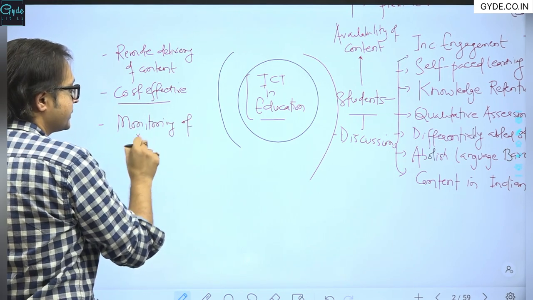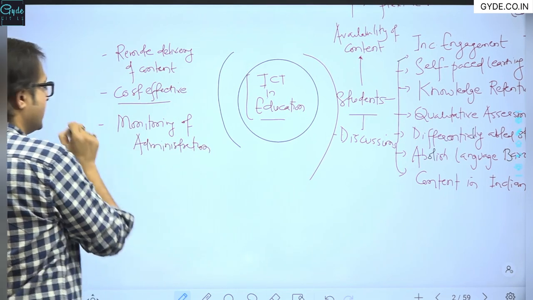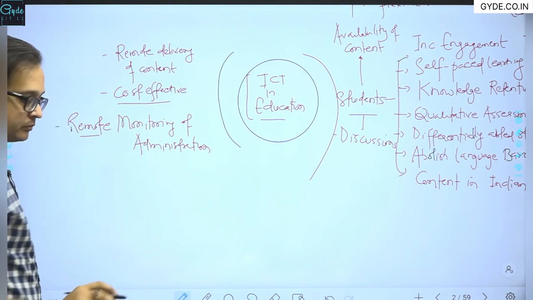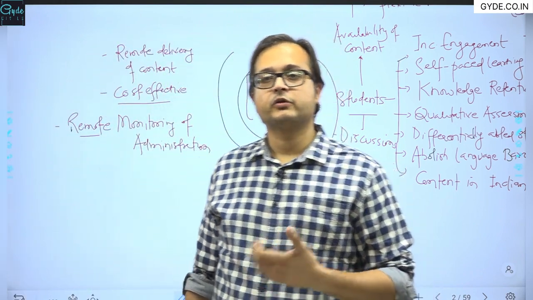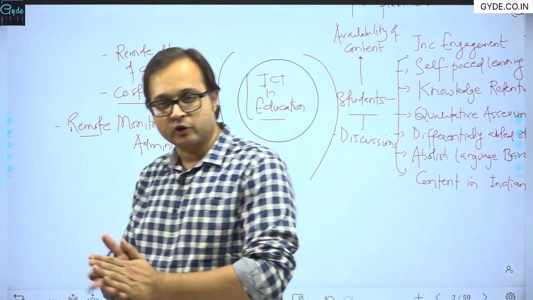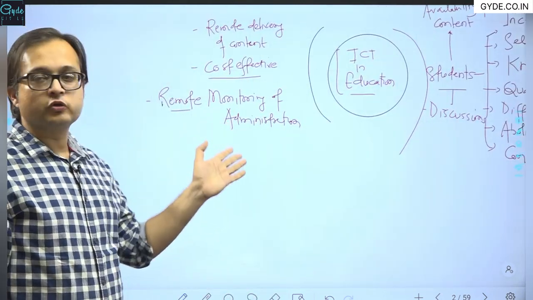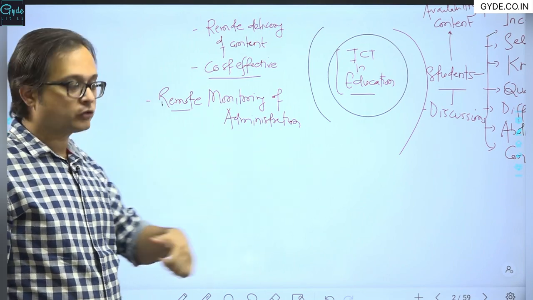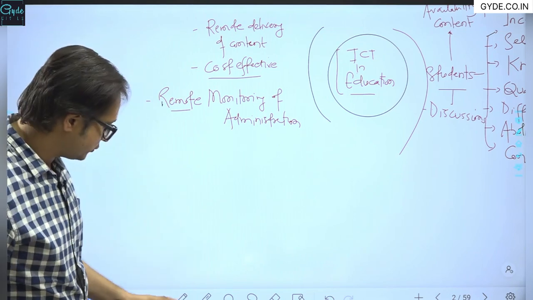of administration, or even remote monitoring of administration can be taken up, where constant assessment of the education delivery system can be taken up, and because of that assessment, the improvement in administration can be increased. So the problems with the students can also be sorted easily, right? With improvement in administration, the connect between administration and the teachers and the teachers and the parents can also be increased, where the actual problems relative to a particular student can be easily discussed and can be sorted also, right?